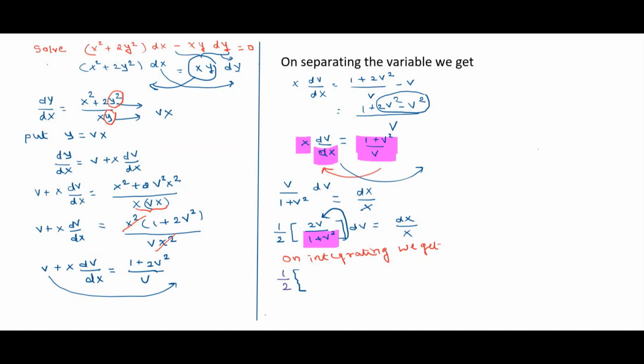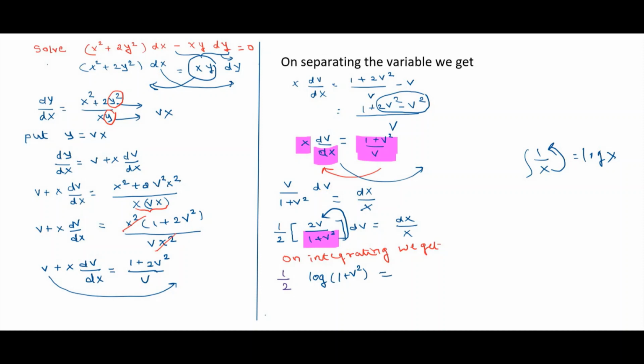Suppose 1 by x and its integration: the differentiation of x is 1, so we can write it as logarithm of the denominator, that is log x. Similarly here, the differentiation of 1 plus v square is 2v, which is the numerator term, so we can write it as logarithm of 1 plus v square is equal to,